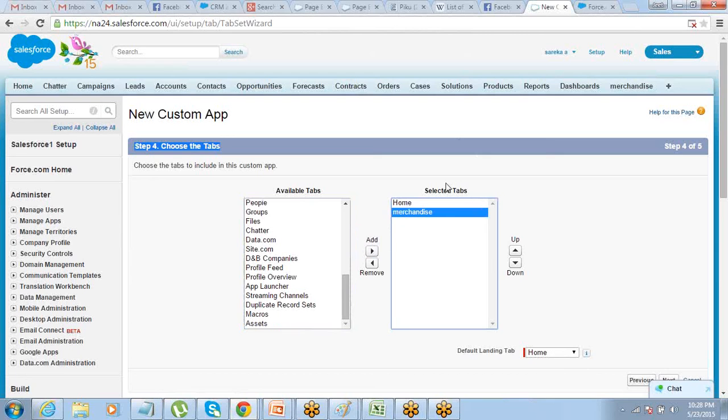Whenever you are creating an app, it's a good practice that you create your objects and tabs first, and then create the app and include those tabs in this app. Again, we can go the other way around also, depending on the requirement.